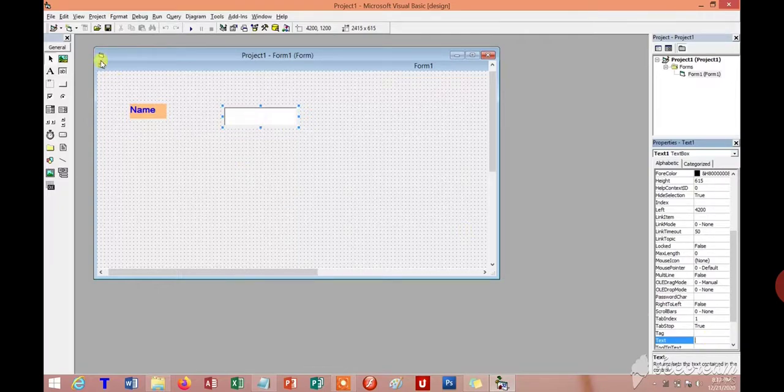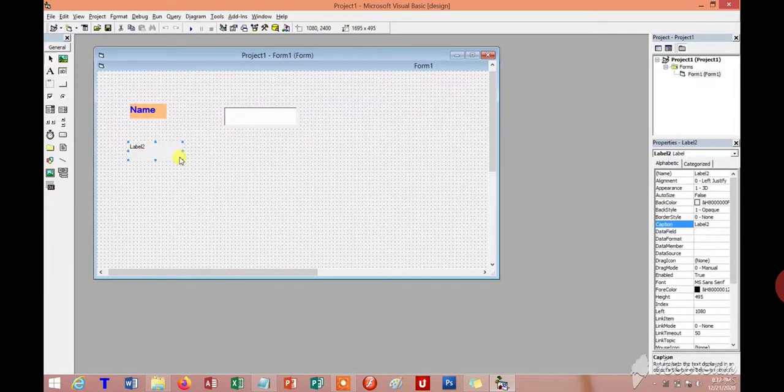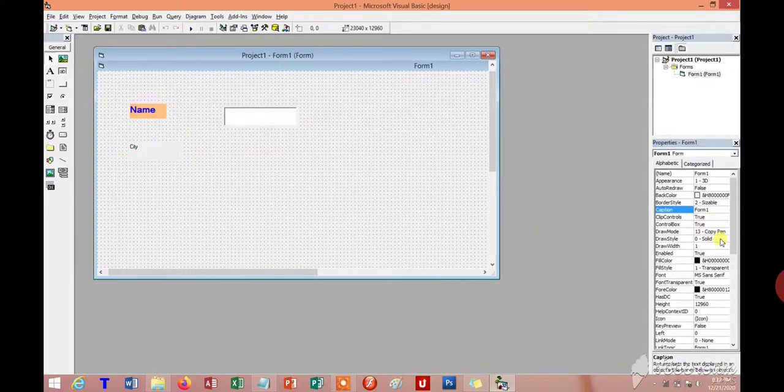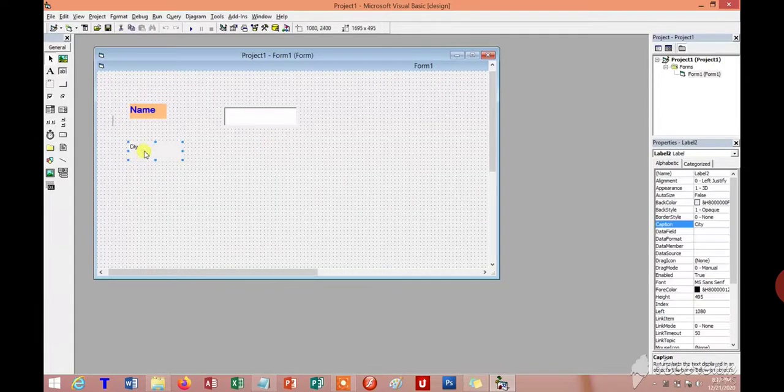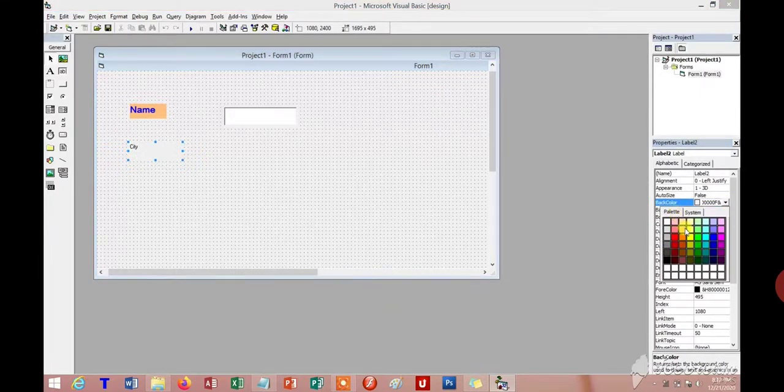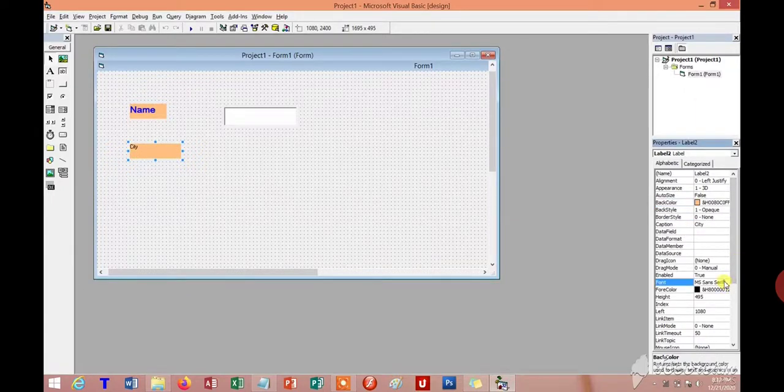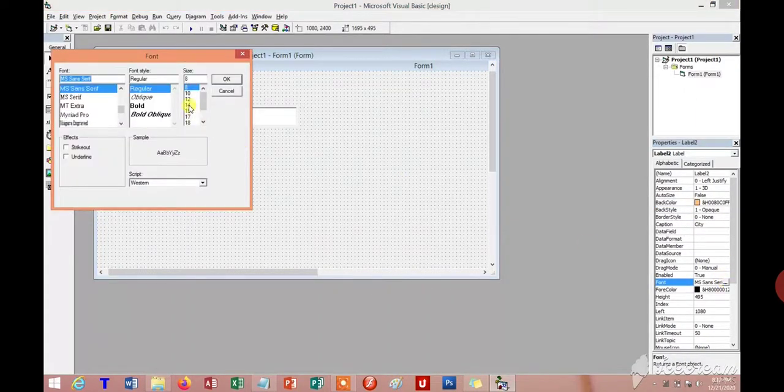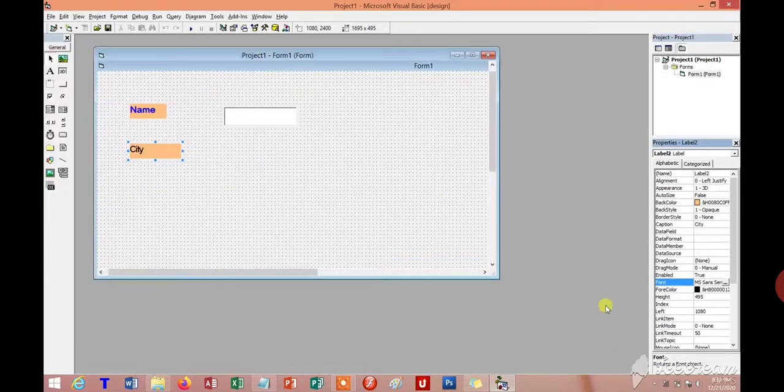Now the next control is label. Put it here again, then in the caption property remove Label2 and write down City there. In the same way we open the font, select it, then select the background color and change it, then select the font, increase the size, then OK, then change the font color.